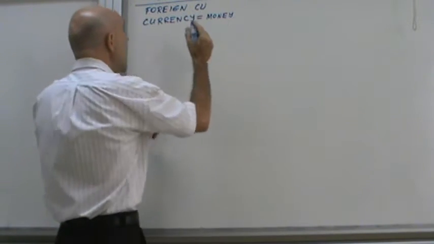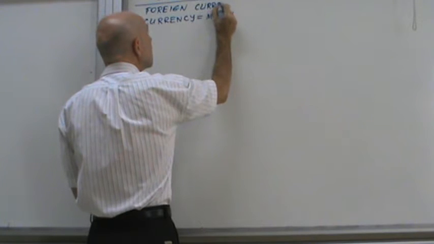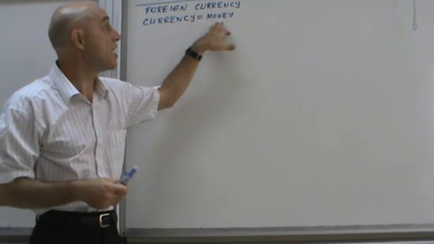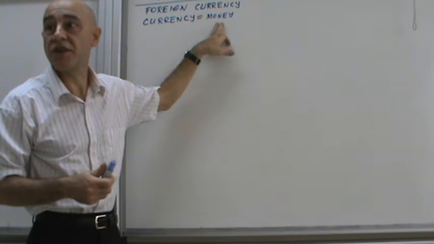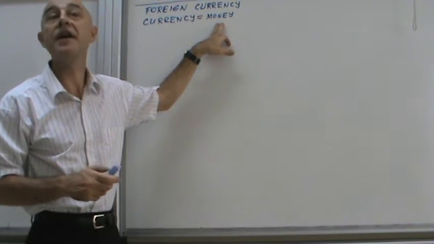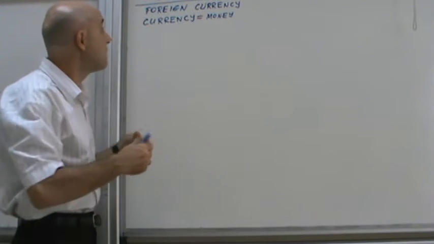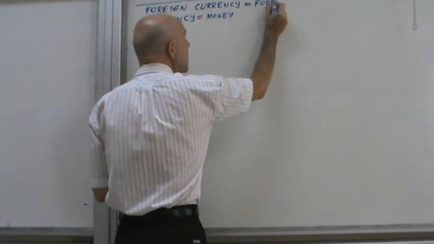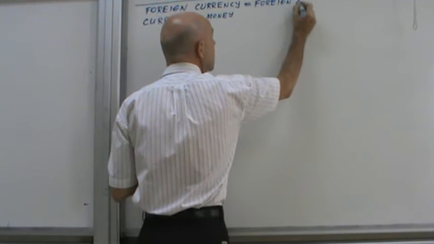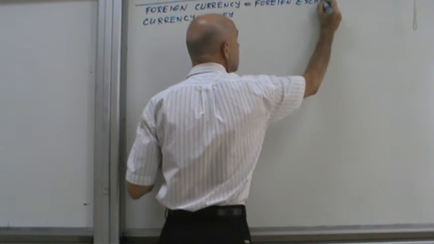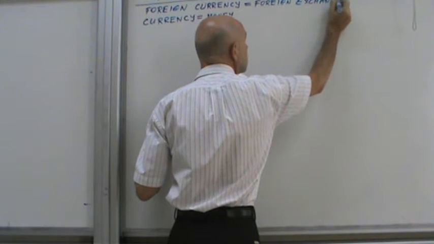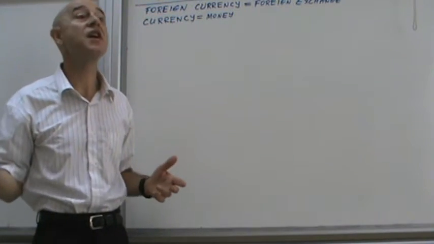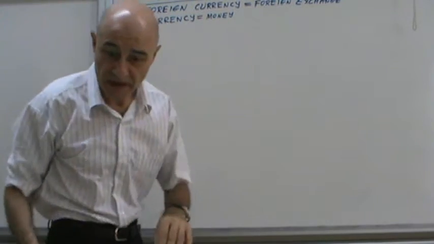So from here you have foreign currency, which is the currency of another country, the money issued by another country. Foreign currency is exactly the same as foreign exchange. Okay? Next one is